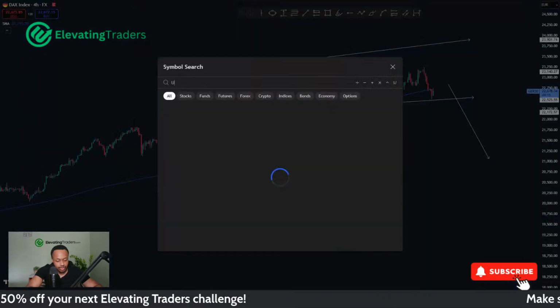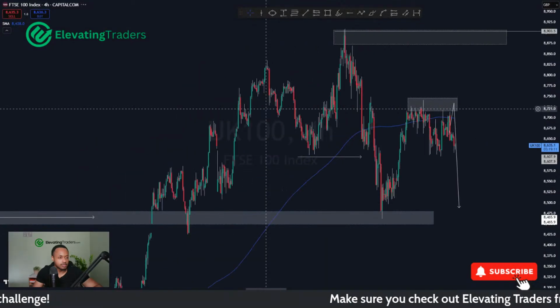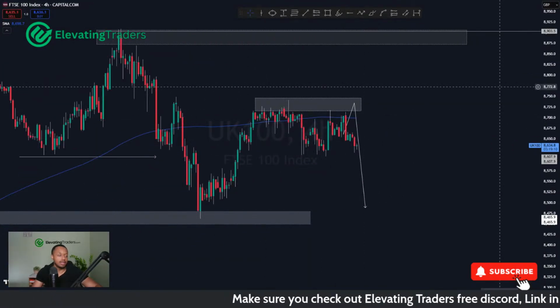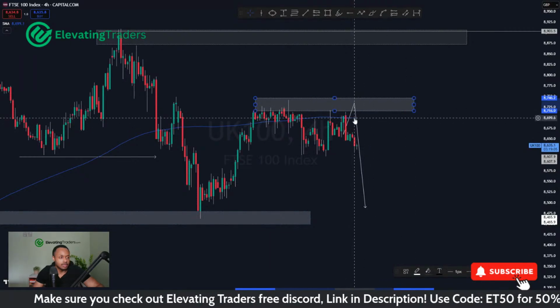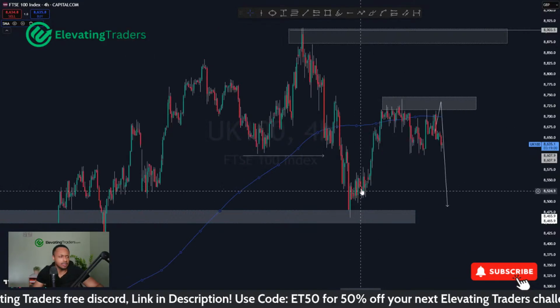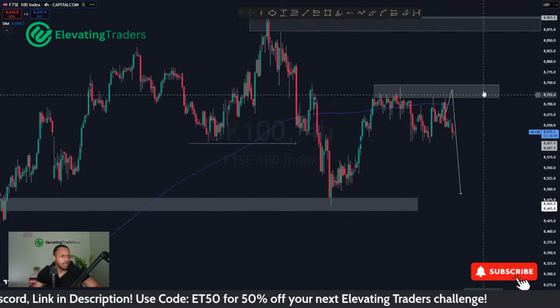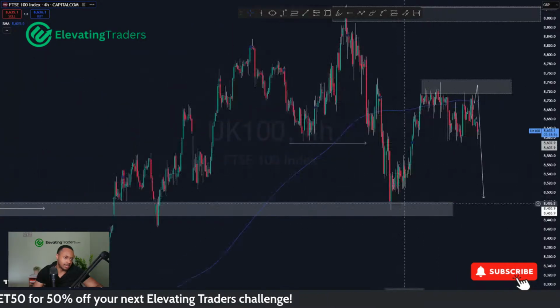And then we have a look at the FTSE. Okay, so we did see that sell then. So was it last week or this week? When was this? Tuesday 25th. Okay, that's 2 days ago. I don't know why I thought that was last week. But yeah, not yesterday. Tuesday we were talking about some sells about that double top because we had that break of structure over here.